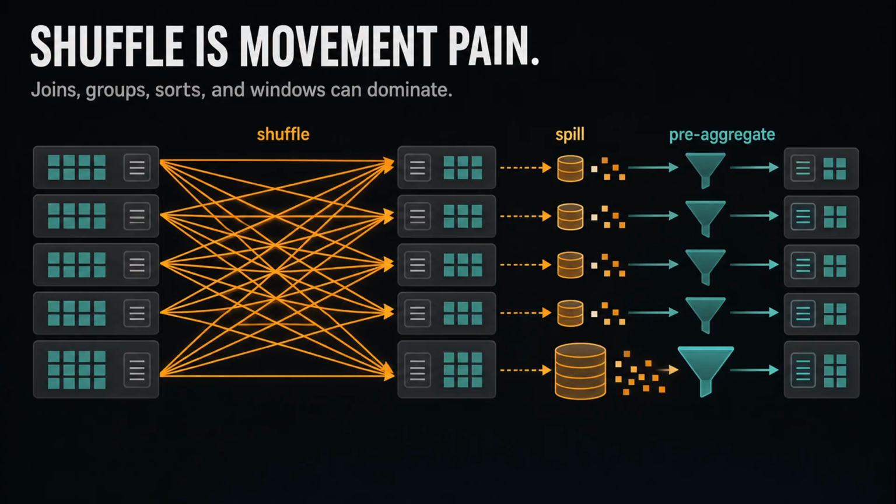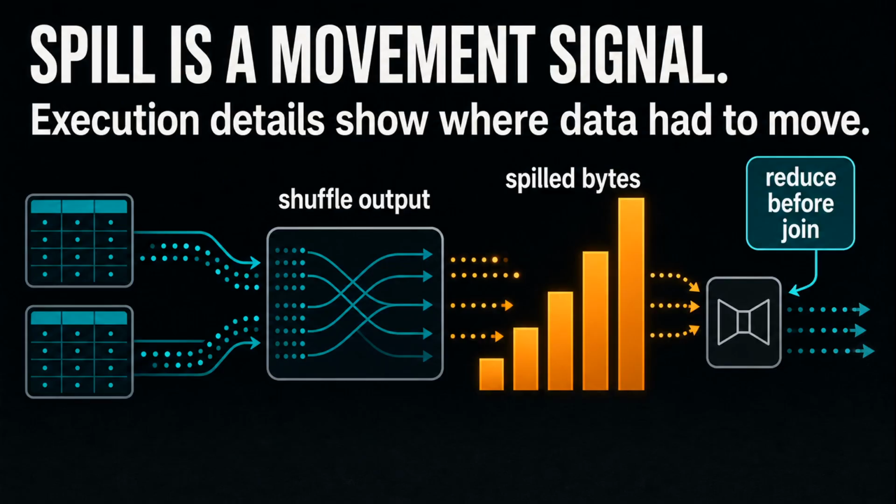Now, bytes read is one axis. The third symptom hides on a completely different one, which is data movement. Movement, meaning the data physically relocates between stages. Consider a join that explodes 10 million rows before any filter trims them. Matching keys, grouped values, sorted ranges, all of it has to move so the right rows land together. Oh, wow. So the bytes look fine, but the whole apartment is getting moved just to find one receipt.